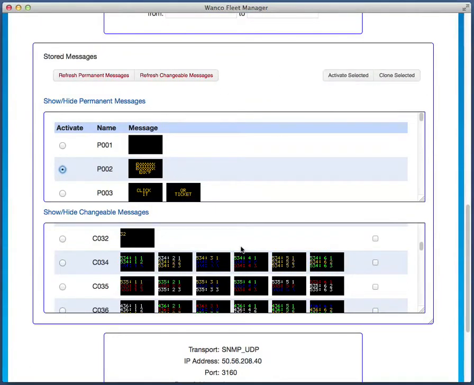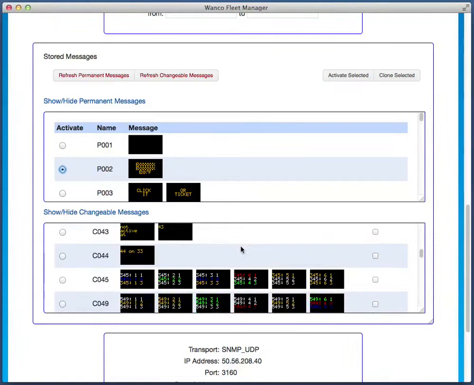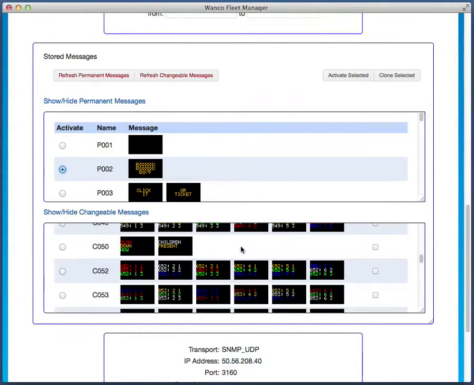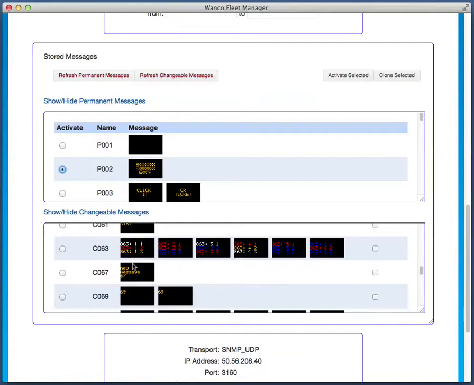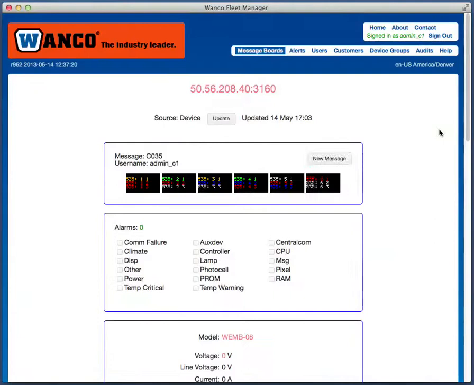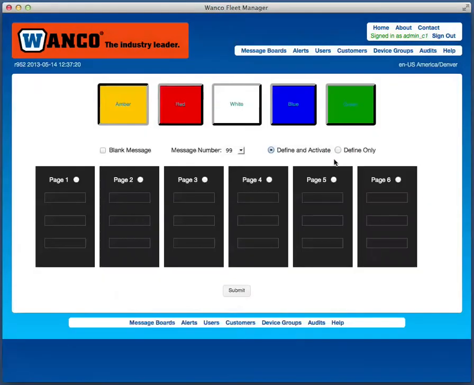Now, how do we create all these messages? Well, let's look for an empty slot. Where is an empty slot? They're all full. Okay, C64 looks like an empty slot, so let me define a new message for C64. I just go up here, say new message, and here's my new message form, and I select the message number that I want to do. We said C64,